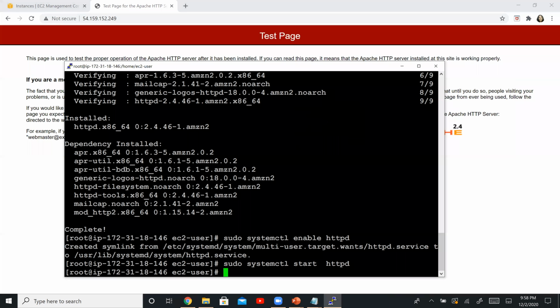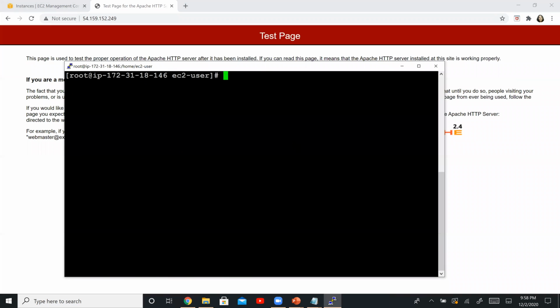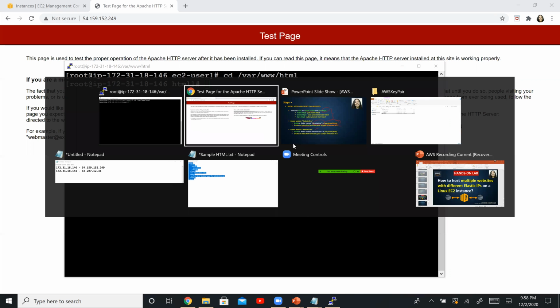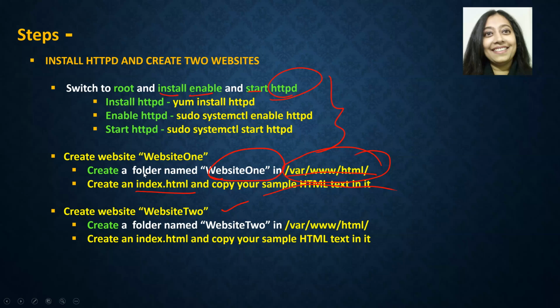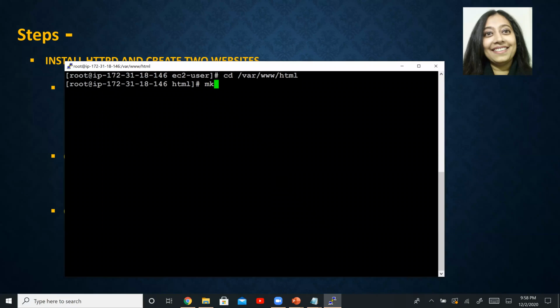So let us do that. Let's clear and then say cd /var/www/html. Over here we have to create a directory named website1. So we are going to say mkdir website1, and then we will switch to this directory.